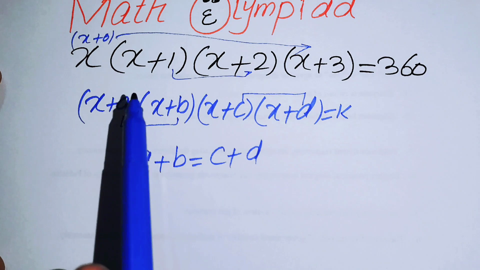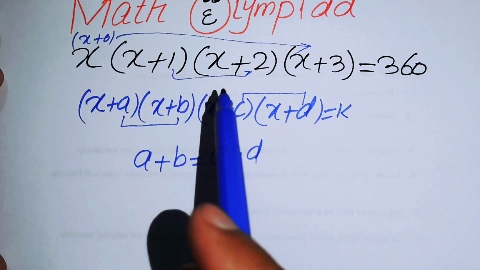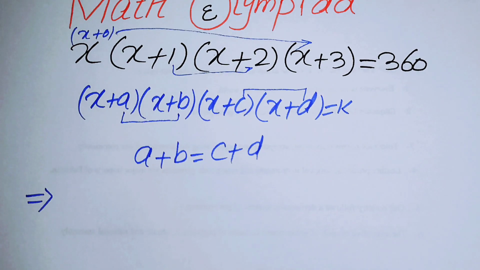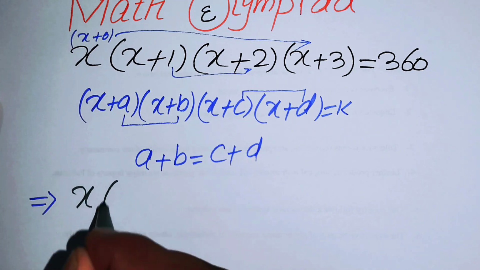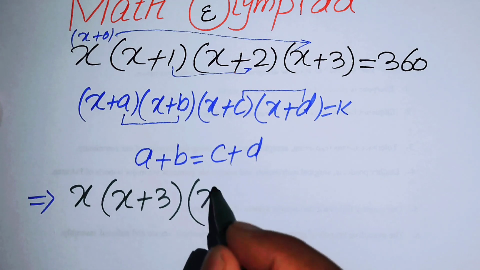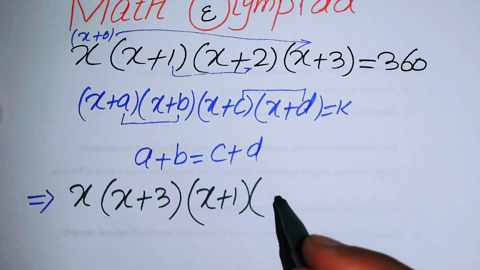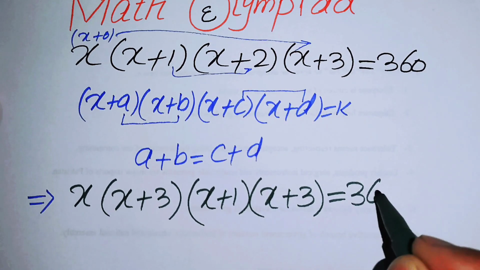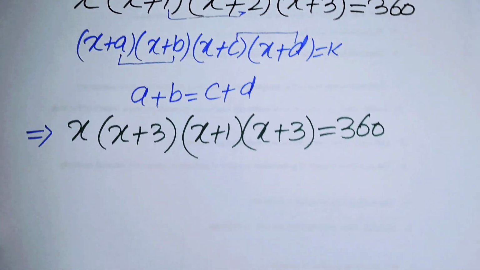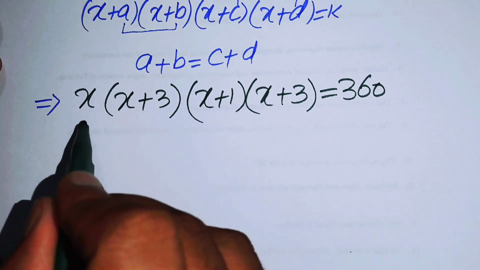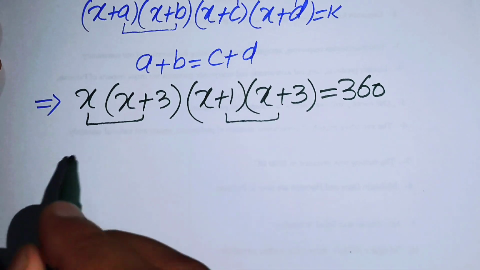So we will make the factors in this order, so that we can write these factors as x times (x plus 3) times (x plus 1) times (x plus 2) equals 360. So now we can arrange the pairs in this form, and now we can multiply these two factors and these two factors, and you get